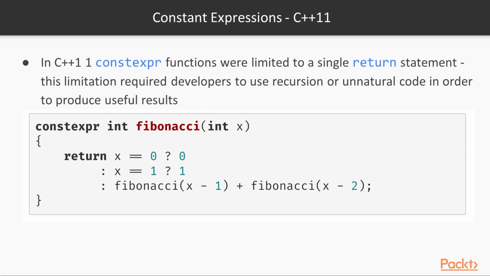Here's an example of a constexpr function that calculates the nth Fibonacci number. The way it's implemented is by using a single return statement with a long expression composed of multiple ternary operators. If the passed input is 0, we will return 0. If the passed input is 1, we will return 1. Otherwise, we will recurse by summing the Fibonacci number previous to x and the Fibonacci number two times previous to x. If we check this out on Compiler Explorer,